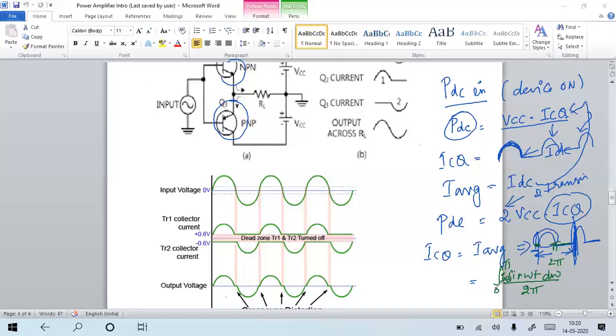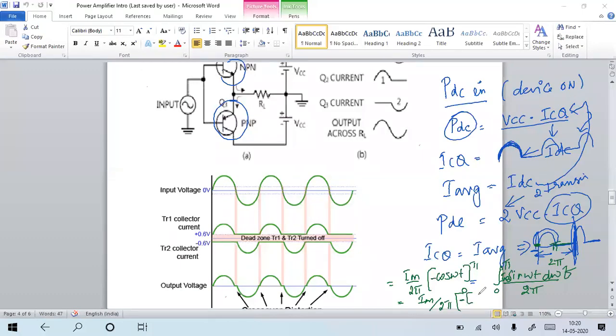That means we sum instantaneously using integration from 0 to pi. Im, what is the nature of the signal? Sinusoidal, and we are measuring the current. So Im sin omega t d omega t divided by the total area, 2 pi. So finally, Im by 2 pi is a constant. Integration of sin omega t equals minus cos omega t, with the integration between 0 to pi.